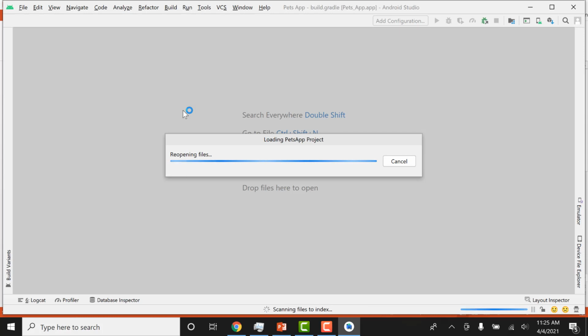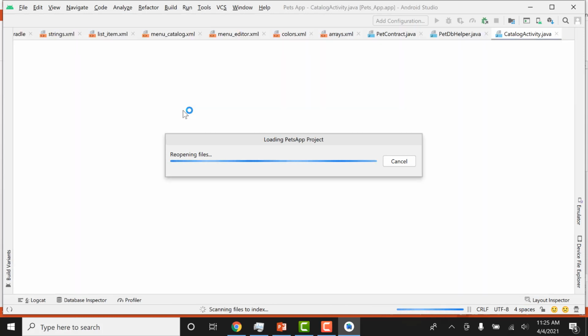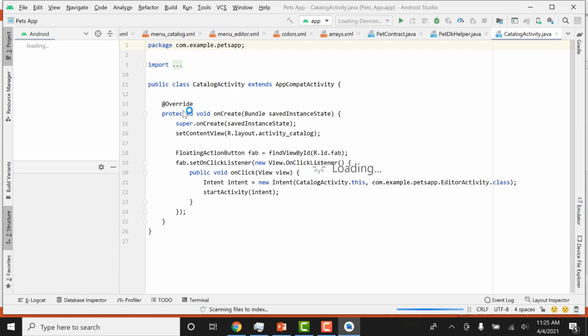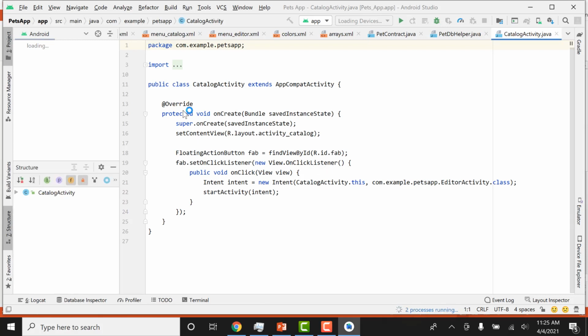It uses so much of your processor and RAM. I recommend using a solid state drive and a minimum of 8 gigabytes of RAM. Then you will be comfortable in using this software. So with that, let me wait for the Gradle file to sync.